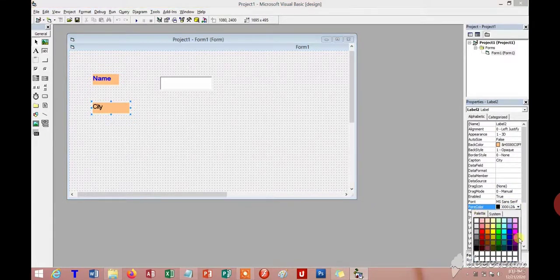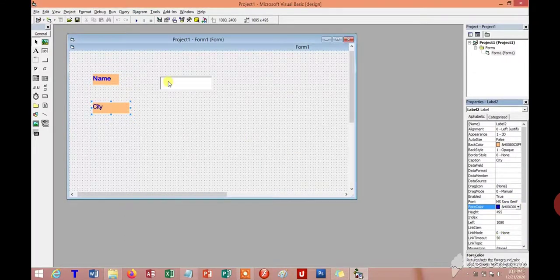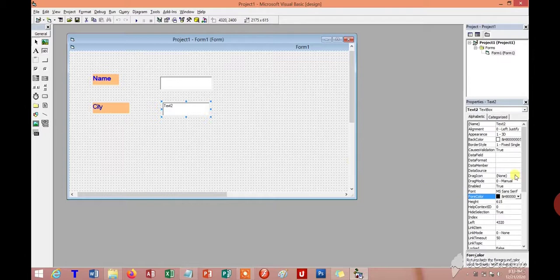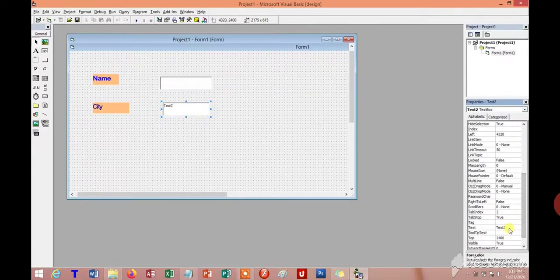See, in this way. Now put another control here, Text2, then change Text2 from the text property and remove Text2.